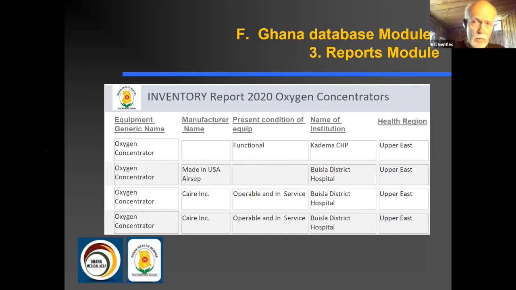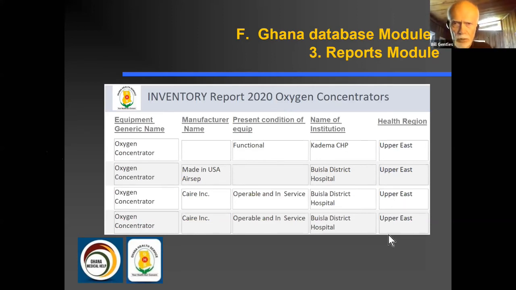So the real power of a database is the ability to pull specific data out on specific categories of equipment, types of equipment, location of equipment. So, I've just generated a sample report here on data from 2 hospitals in the northern, I think it's the northern district, on oxygen concentrators. So I created a very simple report here asking for a list of all the oxygen concentrators in these two hospitals